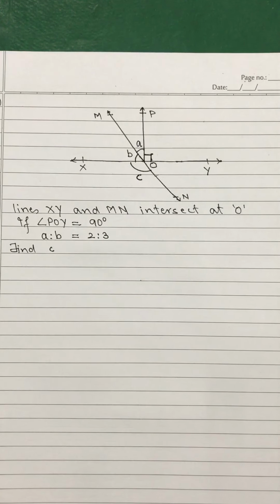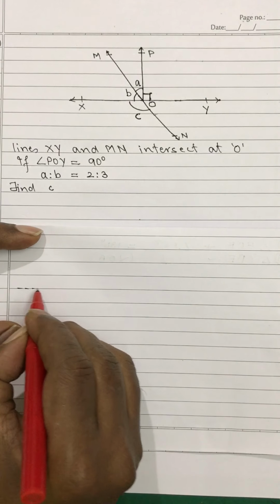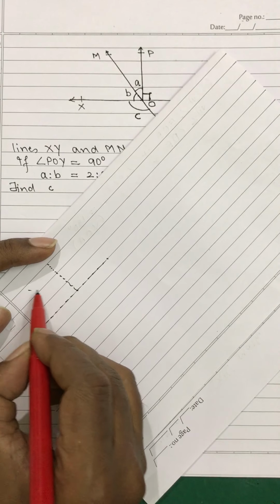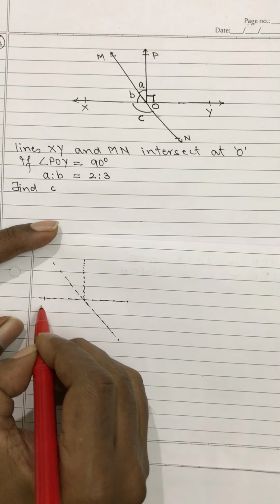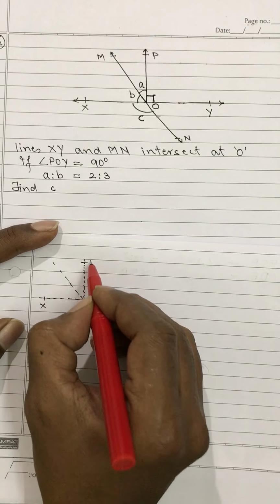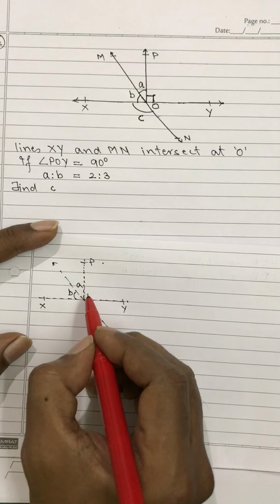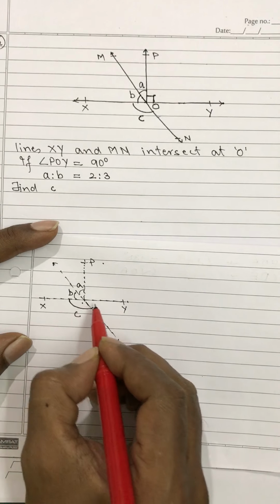See, now here also there are various ways that you have to understand, that we can solve this question in various possible ways. See here, if I consider this figure, it is like this. Okay, fine. So this is your X, Y, P. One thing is very basic, C, and this is your O.